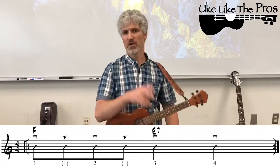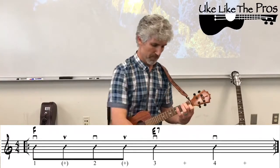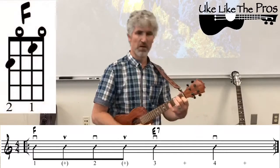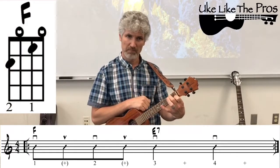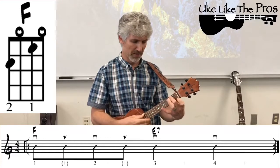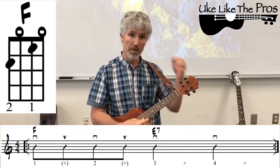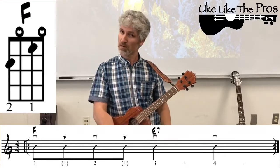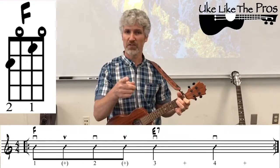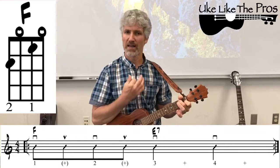Now notice the last measure, we actually have two chords in this measure, and you have the F chord on beats 1 and 2, and that's the down, up pattern. So my F here is second finger, 4th string, 2nd fret, open 3rd, 1st finger's on the 2nd string, 1st fret, and then open 1st, so my F, and that's just going to get the down, up, or 1 and